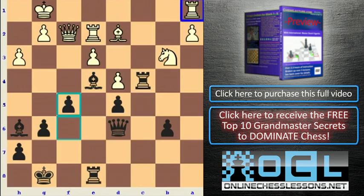Look at these pieces. The rook on a1, the rook on a2. You know, the rooks love open files. Now look what white did to his own rooks. Bishop is passive, knight has no future, queen is passive. So now the next stage of the game is how do I take this great position and convert it